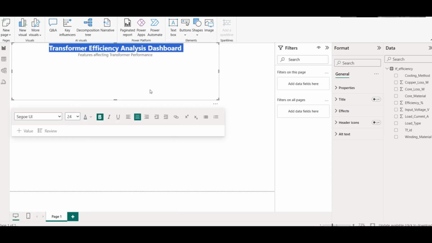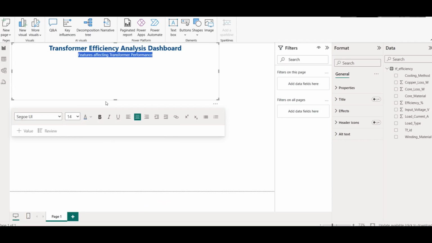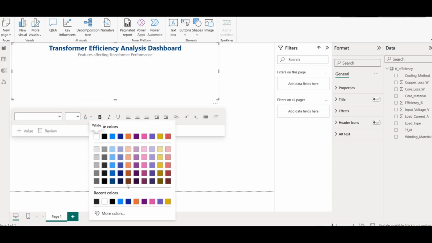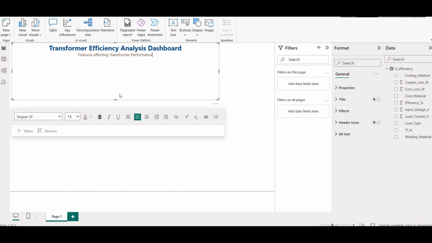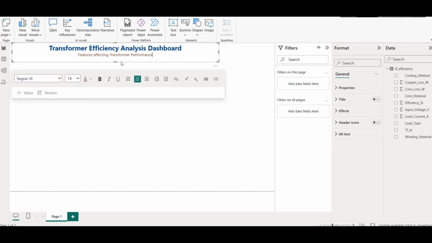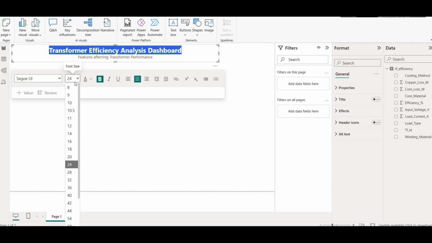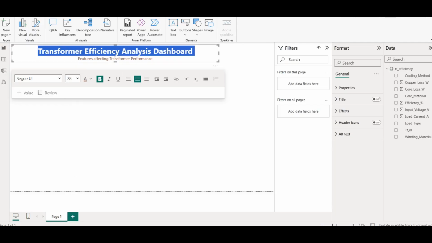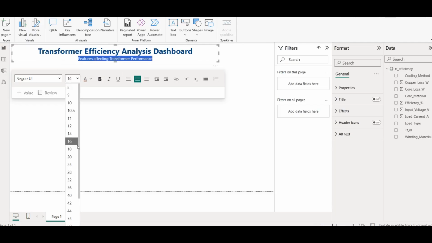Currently I am using this color for the main heading, and maybe this color for the subheading, and this is how I will create my heading. And if we have more space, I can also use probably 28 font size, and for this let's use 18